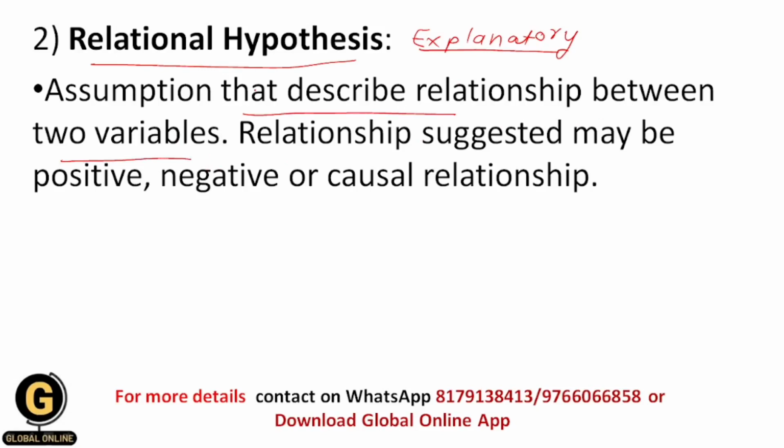This relationship suggested may be positive, negative or causal. Positive relationship means if one variable increases, then another variable also increases. Negative means if one variable increases, then another variable decreases. And causal relationship means that whenever there is a change in one variable, it causes an effect on another variable. For example, families